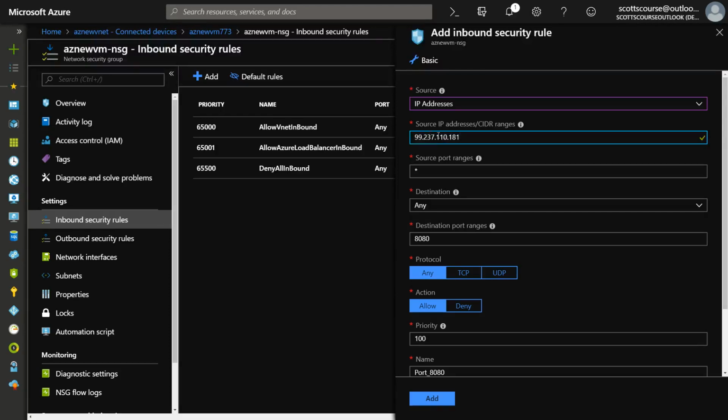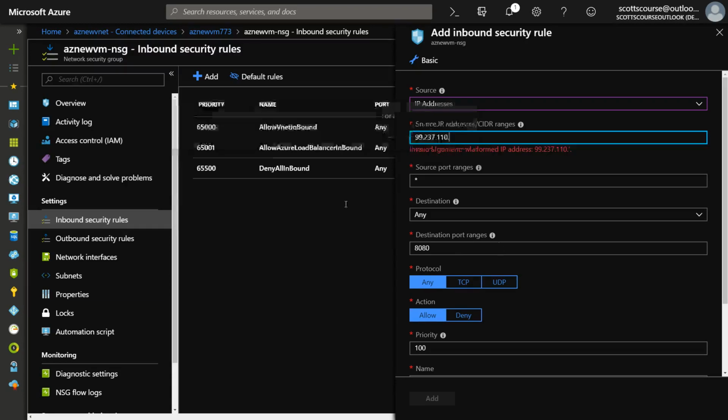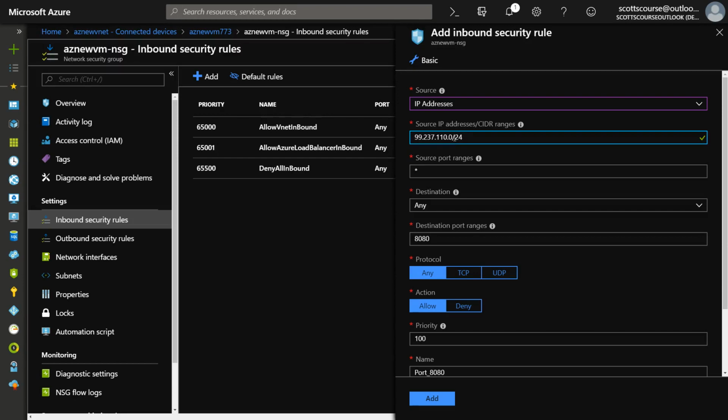I could limit the traffic that is coming inbound over this RDP port to my computer that is located at this address. If my ISP was to change the IP address of my computer, then this would stop working. I can also do this in a CIDR configuration, so I can say /24, and that will cover all IP addresses from 0 to 255 in this case. And what we want is basically to send traffic to any destination,